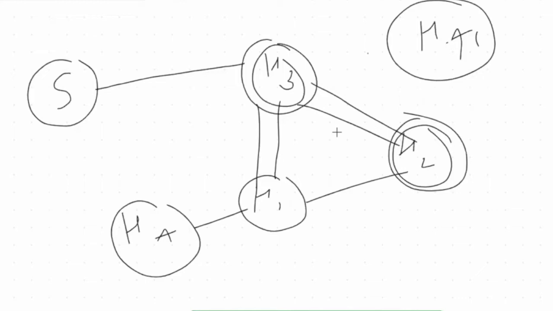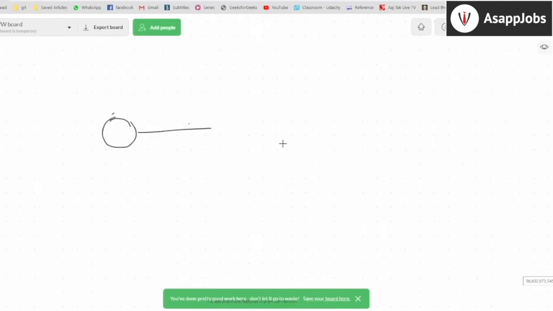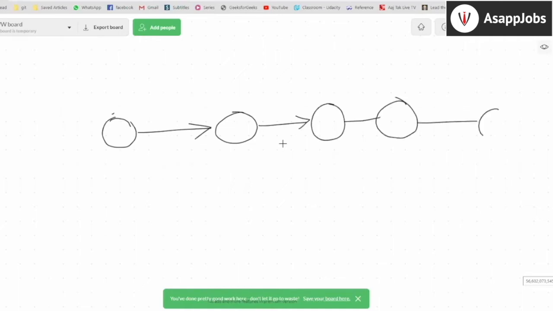Okay, now we'll see how you should go about starting to find the path itself. Right now I don't know how to start finding the path from S to H3. Should I connect H3 to H2 or should I connect H1 to H2? Which one should you pick? Okay, let's think about this simple question. So let's say I have a graph structure like this. You can say it's a directed graph or you can take it undirected, doesn't matter. Okay, this is my source and this is my destination.